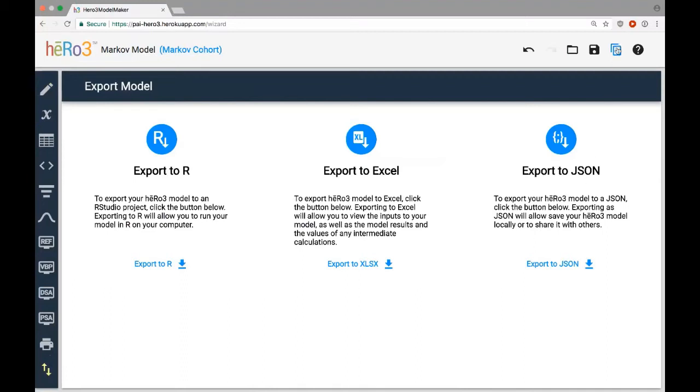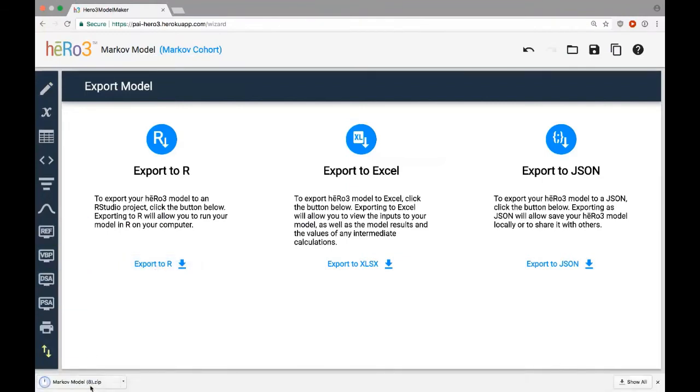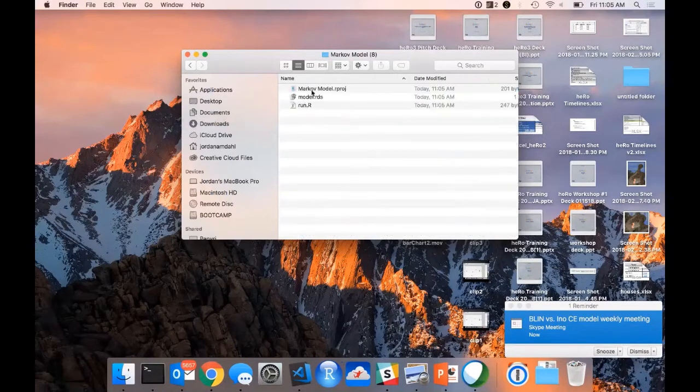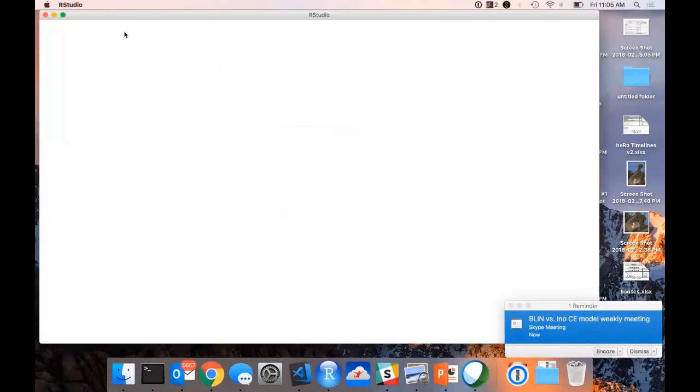That's the same functionality as we showed in the Save As screen. Export to R is going to download your entire model as a zip file that contains an RStudio project. And when we do this, it's going to allow us to open up the model and run it directly in R. So I'm just going to open up the RStudio project in RStudio.